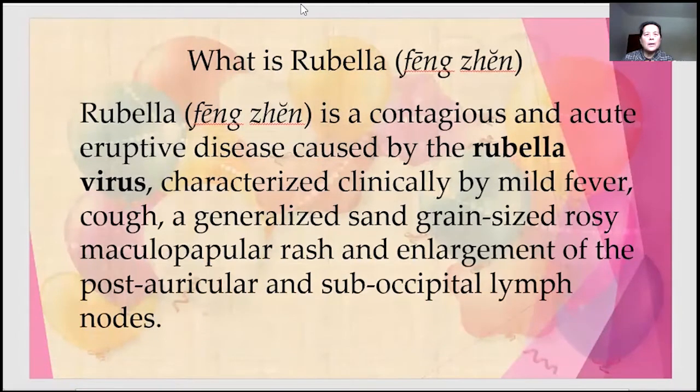Then we're talking about what is rubella? 风沙 or 风疹. 疹 is skin rash. That's the same meaning, 风沙, 风疹. So these illnesses, from the Western medicine aspect, are still caused by virus infection. Thus, the rubella virus, a different virus, causes a different illness, and still causes acute skin rashing.